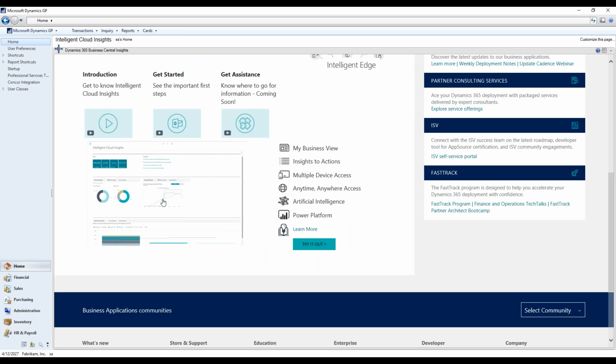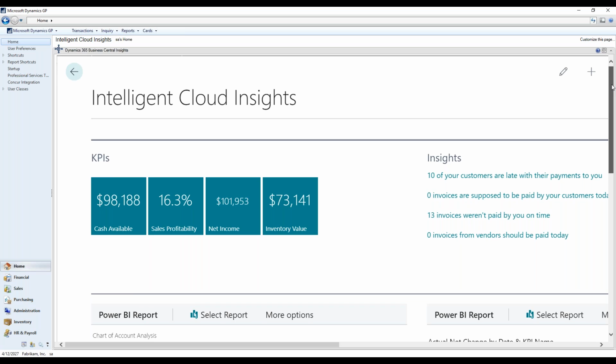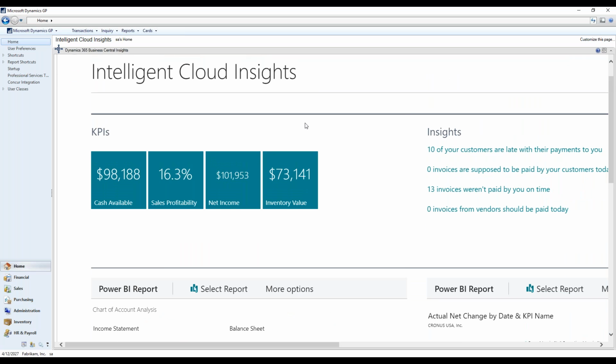And so you'll see kind of this Intelligent Edge dashboard here, where it's actually looking at those KPIs, and this isn't anything I built. This is just demo data, but you obviously can, and this is obviously stuff we help you with, but you can create your own dashboards. And so this is yet another way to analyze your data using the insights that Microsoft has in Business Central. And so you know, my inventory, kind of a snapshot here, profitability and sales and so forth, cash numbers,